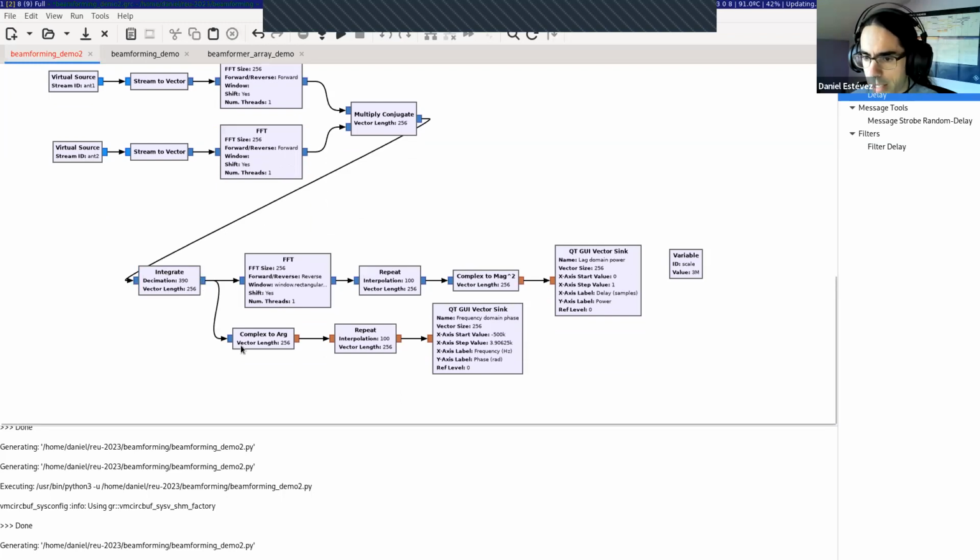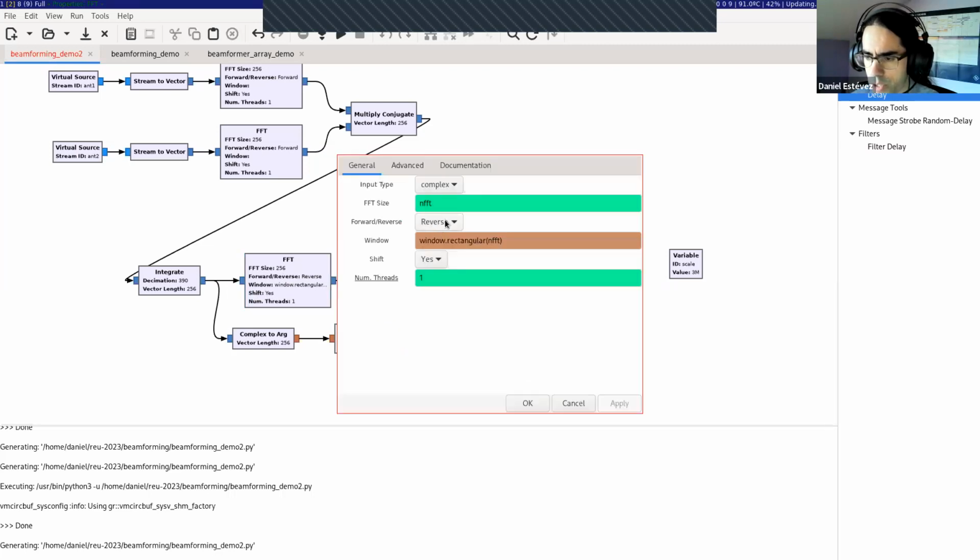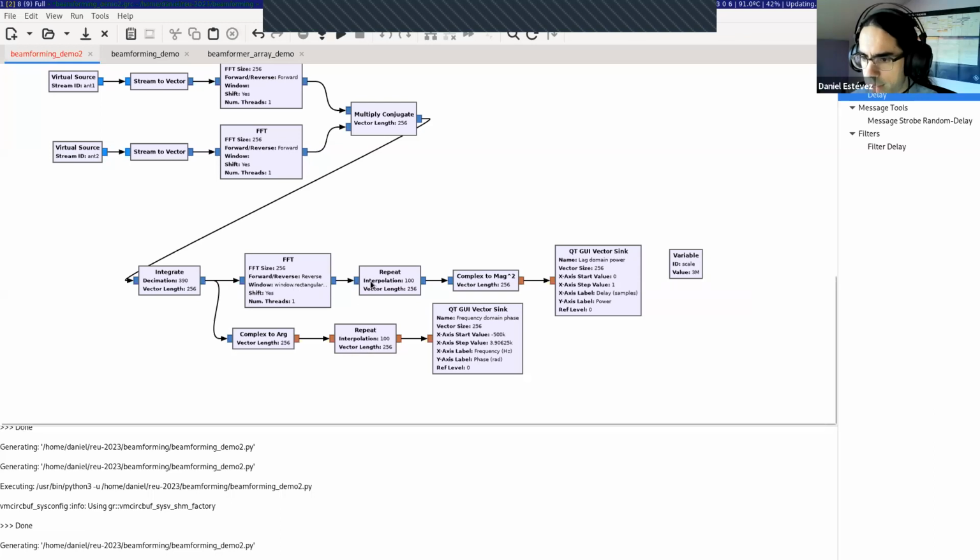And finally, what I'm going to do is on one plot, I'm going to plot the phase. So the phase is the complex argument. And this goes from -pi to +pi. The repeat is the trick to have the plot update faster. And on another plot, what I'm going to do is to calculate the inverse FFT. So this is the inverse FFT. And do the complex to magnitude squared. So I'm showing the inverse FFT